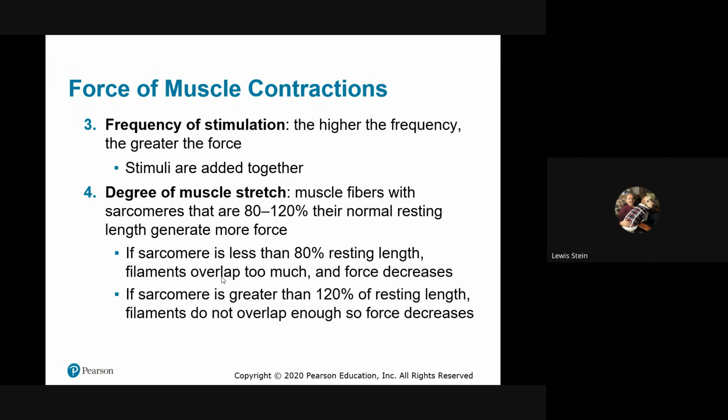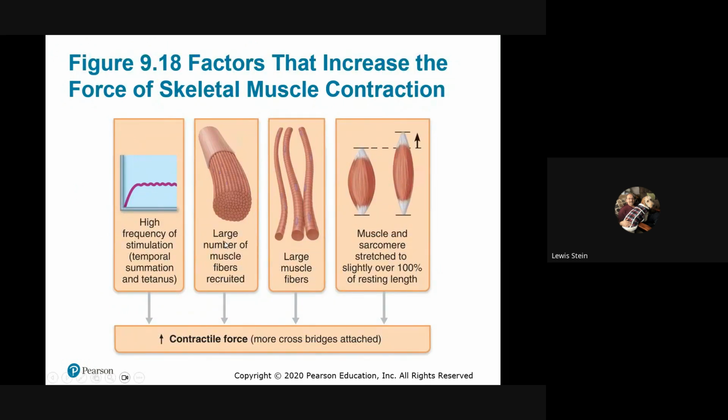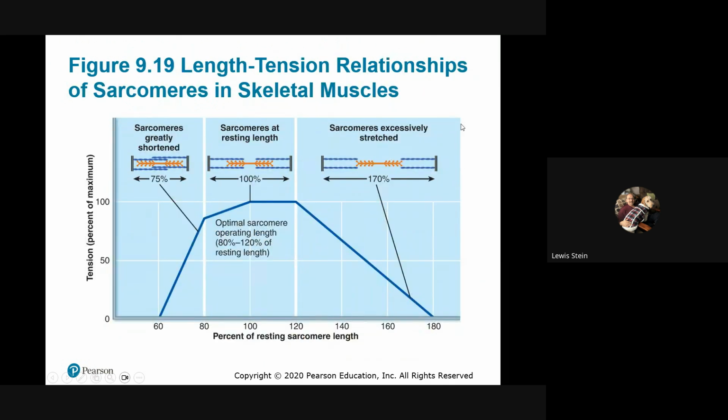You can't change the length rapidly enough. On the other hand, if you have already stretched it out, it's very hard to rapidly get attachment to those available myosin heads. You'll see it graphically. It's not just frequency, larger we get, more recruitment we get, but the length is better demonstrated this way.